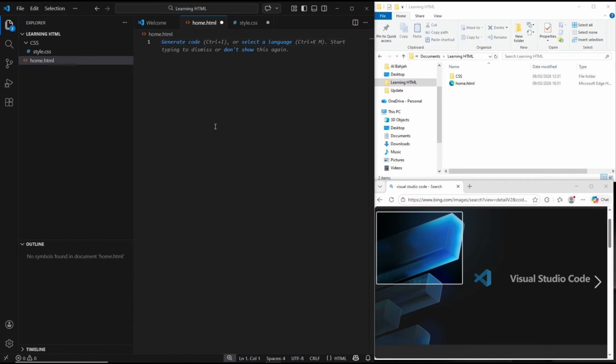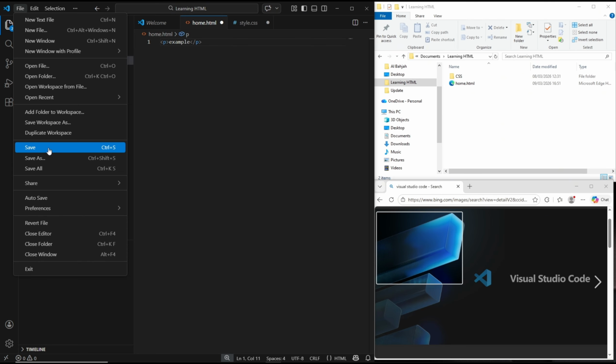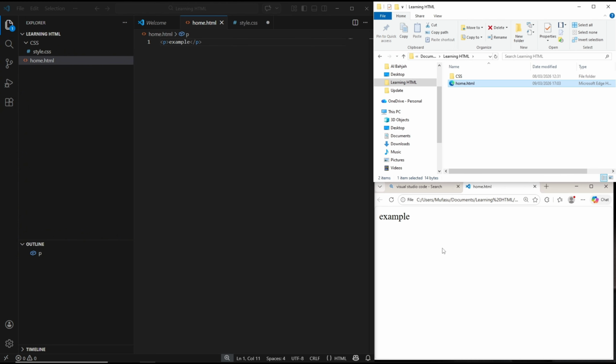First, we can use display none. I will create a paragraph in here and you can type example. Or you can click file, save and open in browser. If you want to hide this text, you can create in here the style